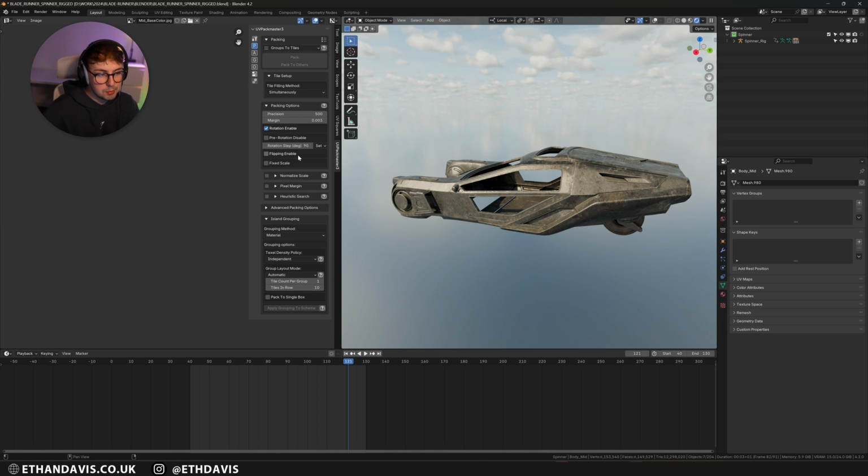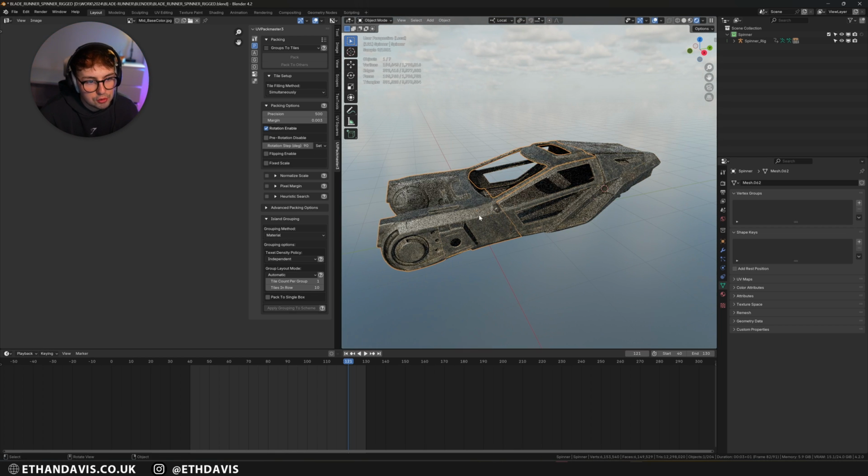UV Packmaster is really good when you want really tight spacing, or you want everything to be on the same sort of density. You can change pretty much everything you want to, and it gives so much control when you're packing things. Obviously, it doesn't help you unwrap stuff any easier.